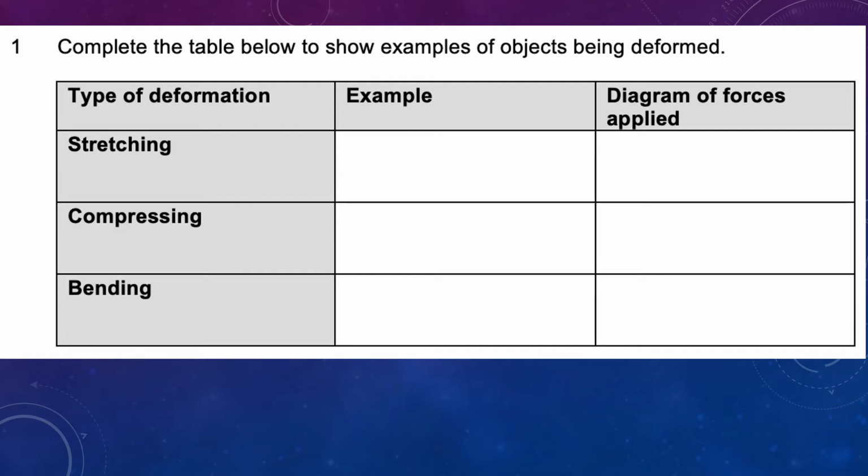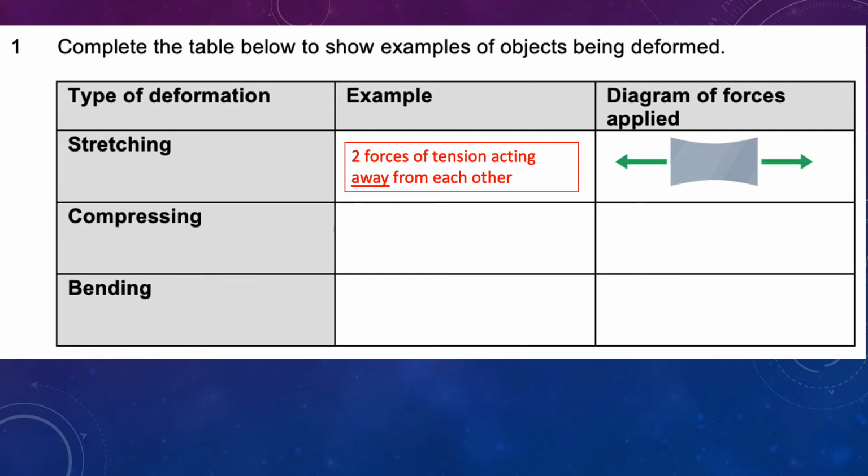Right, so hopefully by now you have all 6 boxes filled in. I'm going to go in order here with each one. So I'm going to start off with stretching. Stretching is when you have two forces of tension acting away from each other, okay? Or you could have also said that the two forces are acting away from the object in focus here. And your diagram should look something like this, where you have an object in the middle and two forces going